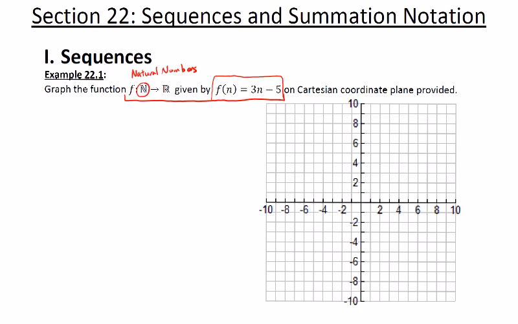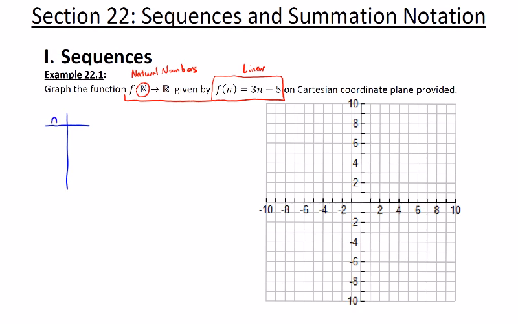The other thing that you might notice is the equation is one that we should be pretty familiar with. F of n equaling 3n minus 5 is going to be linear. It would take on the mx plus b style of equation that we saw earlier in the semester. I believe it was section 6 where we saw the introduction to linear equations and linear functions. But because the domain is natural numbers, making a table might be the best way to get this graph complete. So we'll make a table,